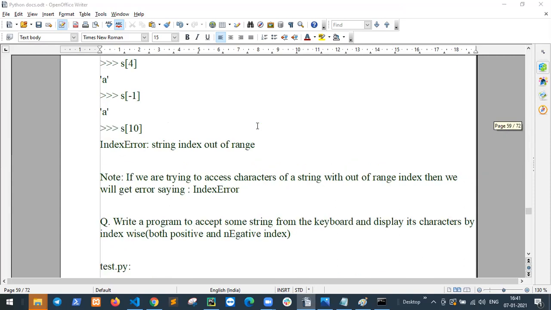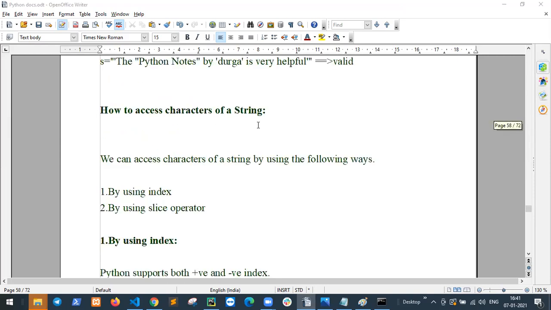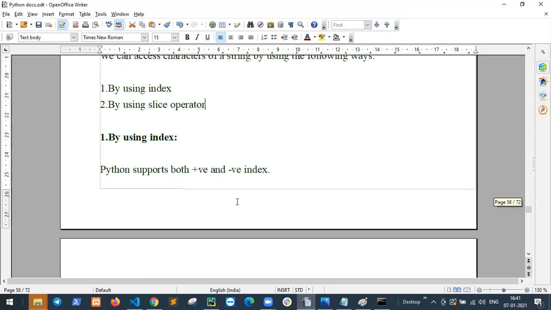So understand how to access characters of a string. First is by using index, second by using slice operator.